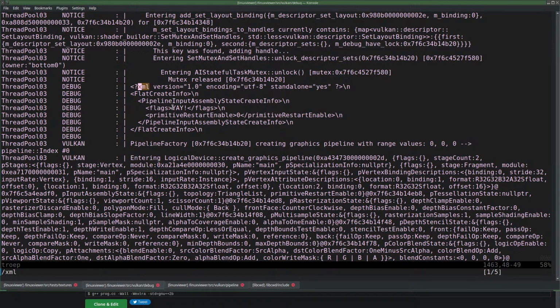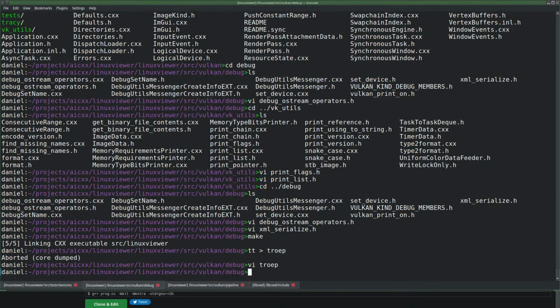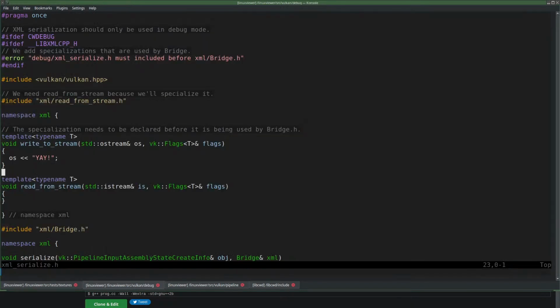There is my yay, and the braces are gone, so okay. I guess I just have to implement it again-ish. I mean, the Vulkan API already has an implementation for writing the flags, but let's do it again.